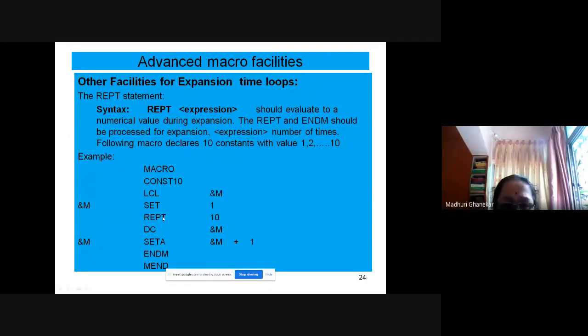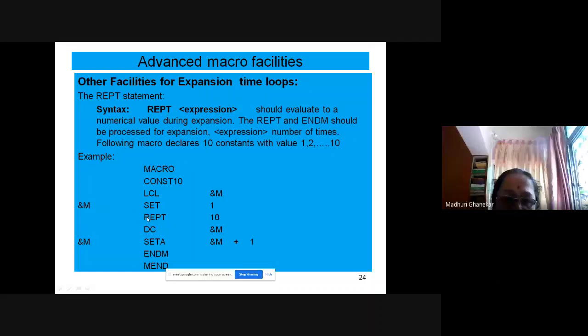The loop starts after the statement REPT up to the statement ENDM. Remember, a macro ends with the MEND statement, whereas REPT ends with ENDM. Remember that specific difference.